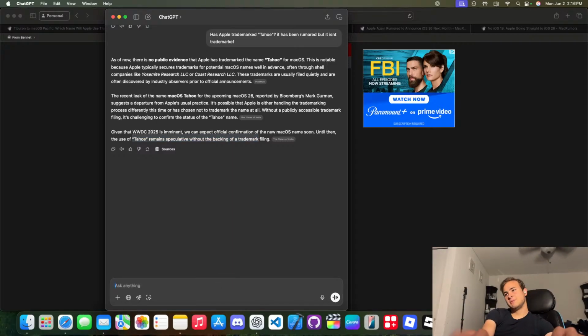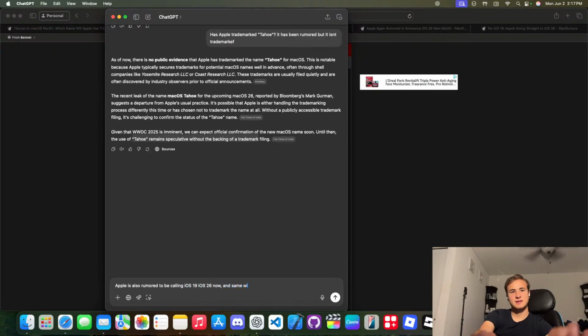Okay, I'm going to ask ChatGPT this. Apple is also rumored to be calling iOS 19 iOS 26 now. Same with macOS 16 to macOS 26.